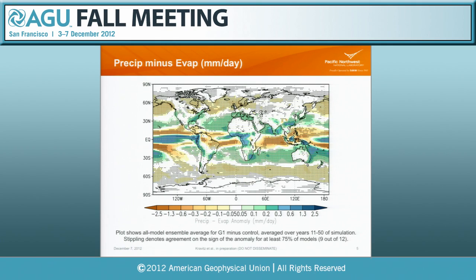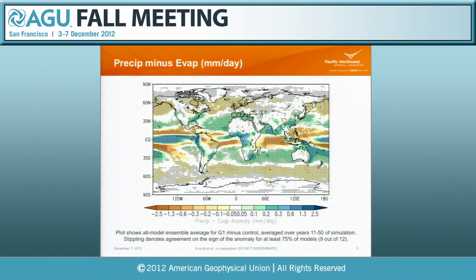So not really a lot to write home about for these. But where you do get changes are here in the tropics. And a lot of these are manifested as precipitation reductions. And one of the reasons for this was, I think, really nailed by Bala et al., where